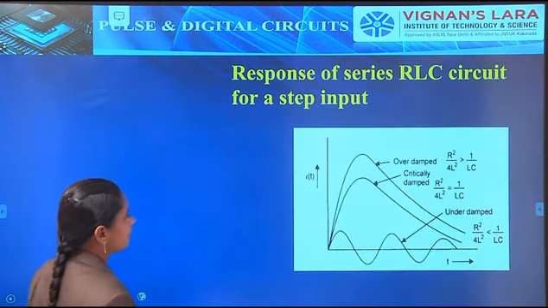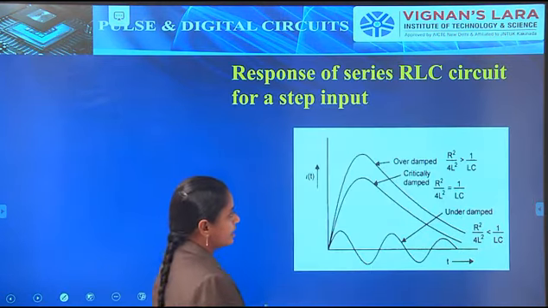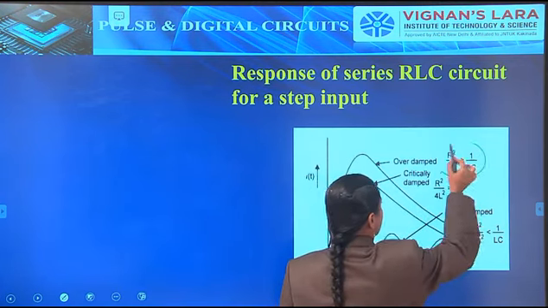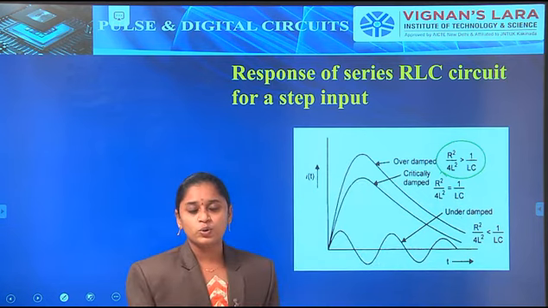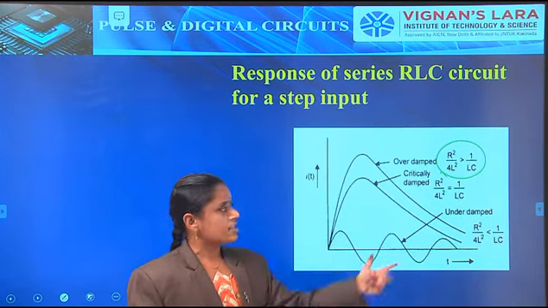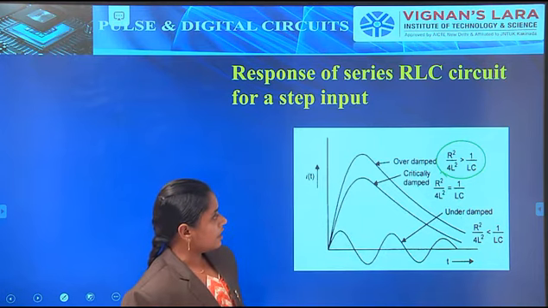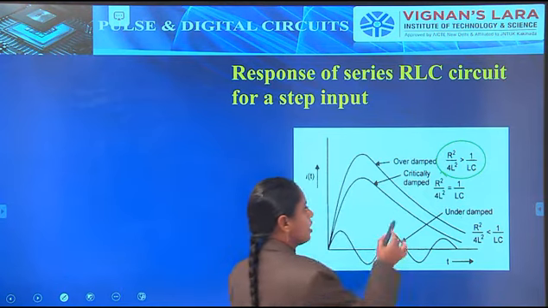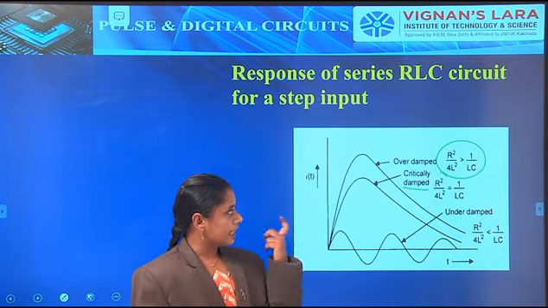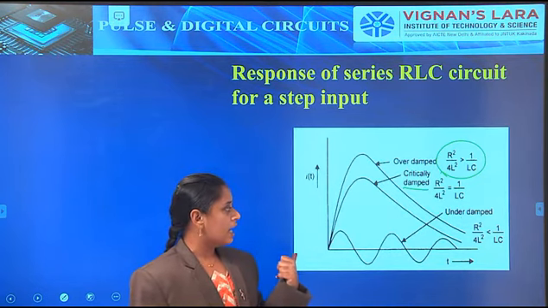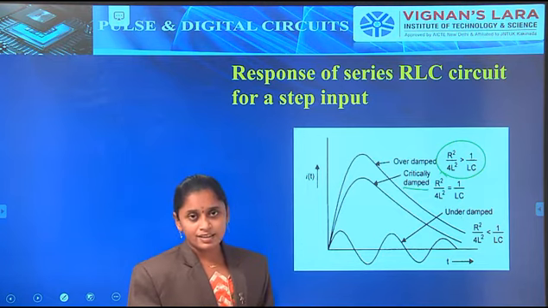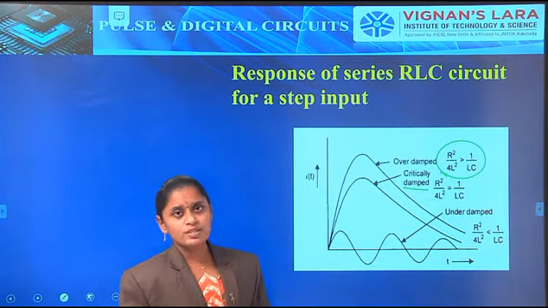From this we have to observe the waveforms. At the first condition, that is the over damped condition, R²/4L², simply we write it like this: (R/2L)² is greater than 1/LC. The waveform will be an exponential waveform. At the equal condition it is known as critically damped, at the greater side it is known as over damped, and at the less than side it is known as under damped. In the under damped condition only it produces the output signal.